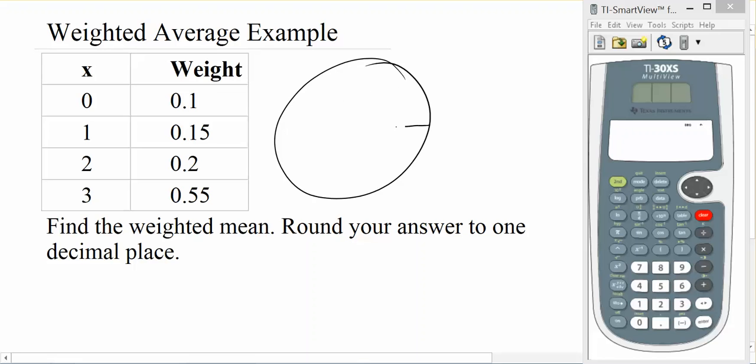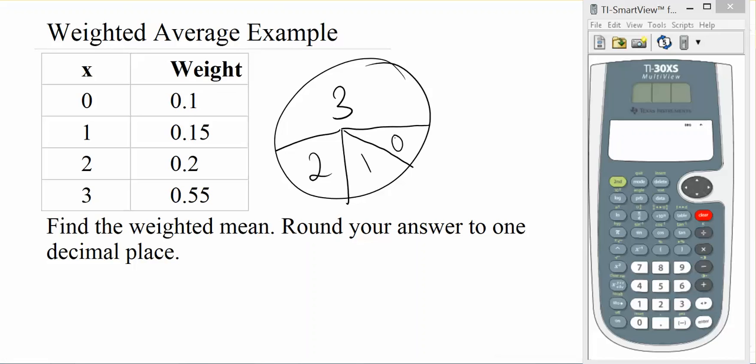So 1.5 isn't going to necessarily be our average here, because if we look at what's going on, 55% of these are 3. And then 20%, so just under a quarter, are 2s. So if we look at that, 3/4 of our data here are 2s and 3s. And then we've got a few 1s and even fewer zeros. So if we look at what this average value is going to be here, it's going to be more than 1.5, because we can see that 0 and 1 only account for a quarter of our data here.